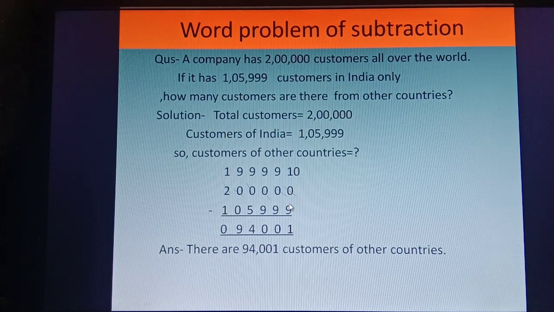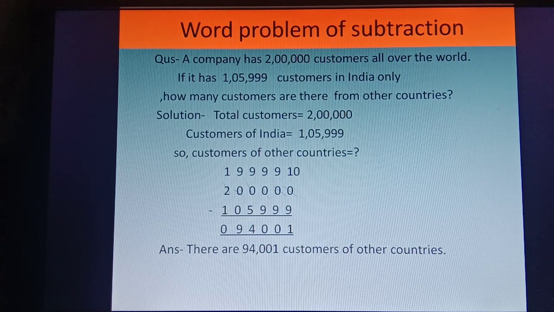On the ones place there is 0 minus 9, we cannot subtract here, so we will borrow. All places are having 0, that's why we will take directly 1 from the lakh place, and again 1 we will give to the 10,000 place, 10,000 to the 1,000 place, 1,000 to the 100 place, 100 to the 10s place, and 10s to the 1s place. In this process we will write here 10, 9, 9, 9, 9, and 1 is given to the next place, so 1 is remaining on the lakh place.